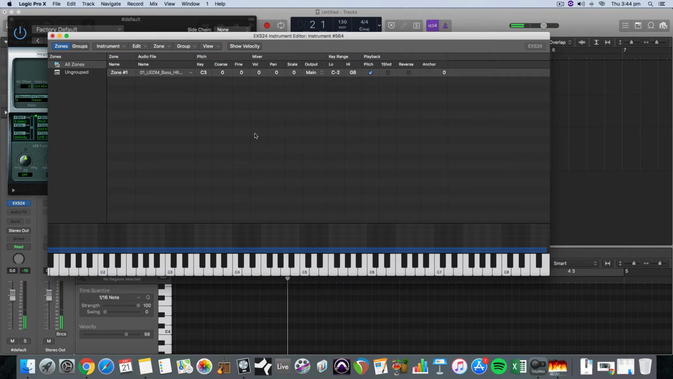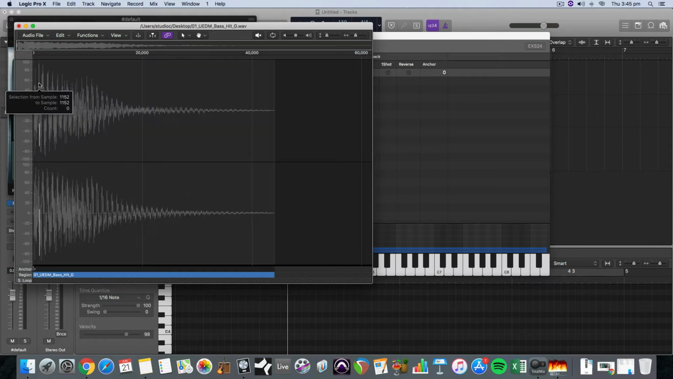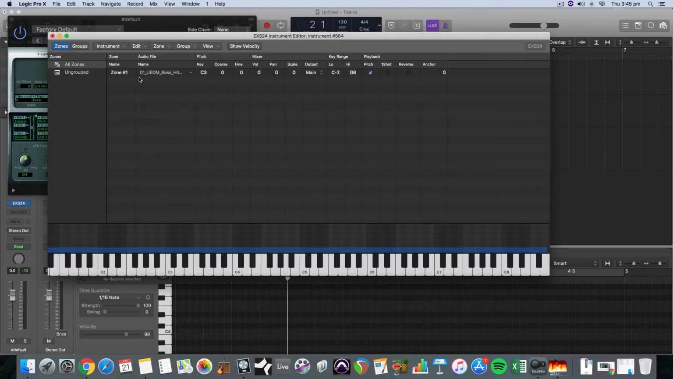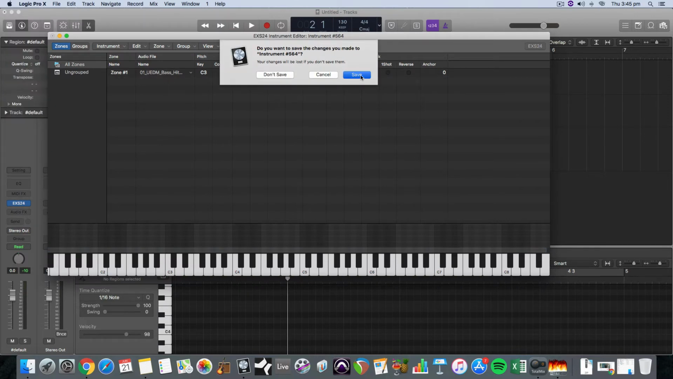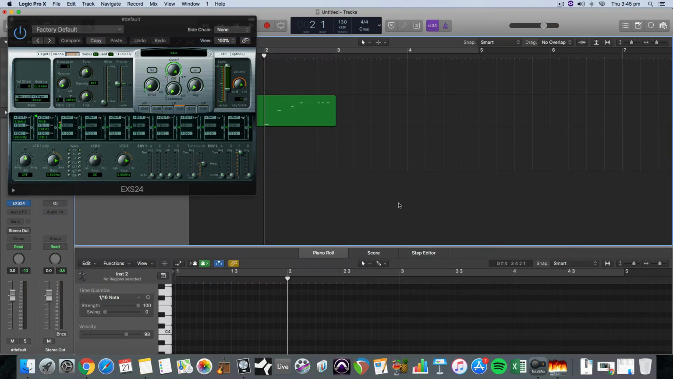so that's a really simple way, and if you double click on that, you do have some ability to edit, like if you had some space at the front of your audio file that you need to get rid of, you can edit the sample from there. There's plenty more things you can do. This is just quite a basic tutorial, so I'm going to save that as bass, and